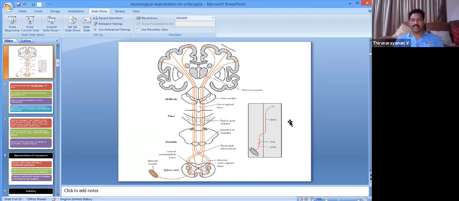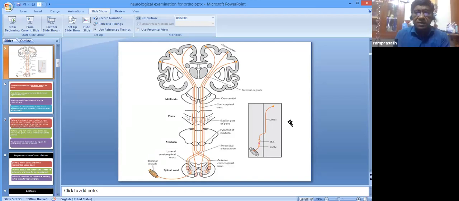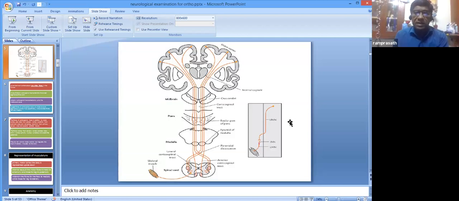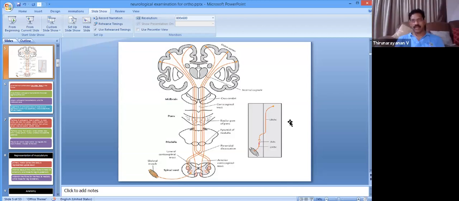I think more than understanding this pyramidal decussation, we have to understand the crossing over of the pain and temperature fibers in the lateral spinothalamic tract. That aspect orthopedic surgeons also should know, because as you said, when there is a Brown-Sequard or a lesion in one half of the spinal cord, in those patients the pain and temperature on the opposite side gets affected. So that point, the Brown-Sequard syndrome, you just have to carry home.